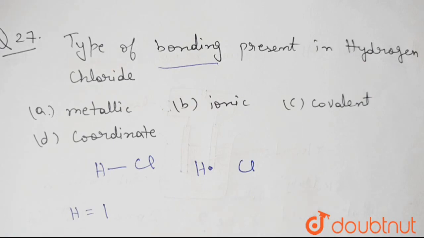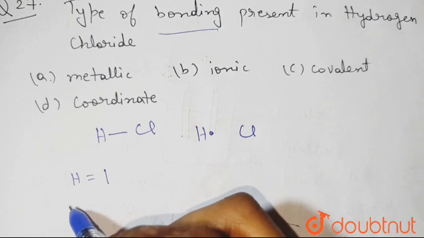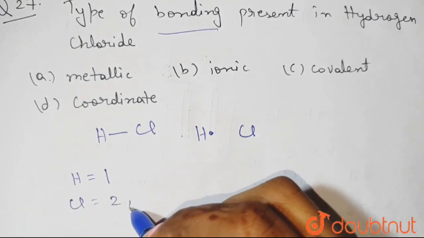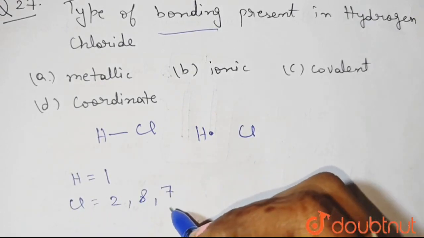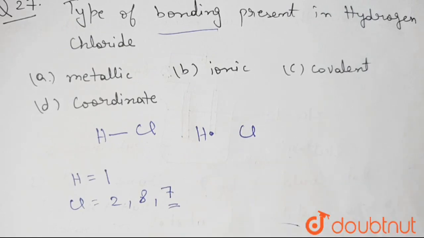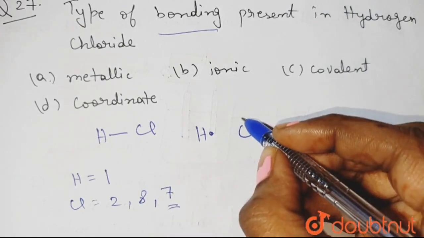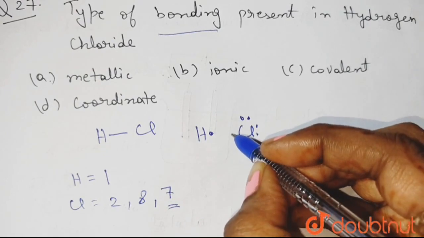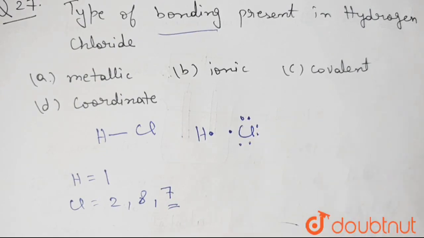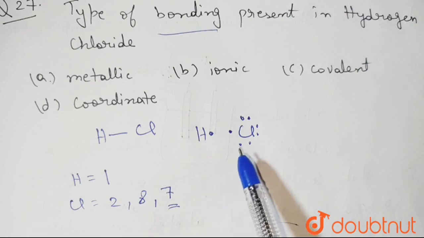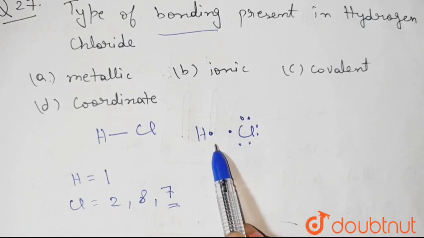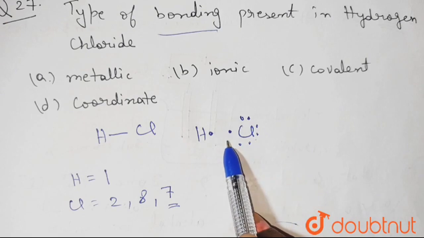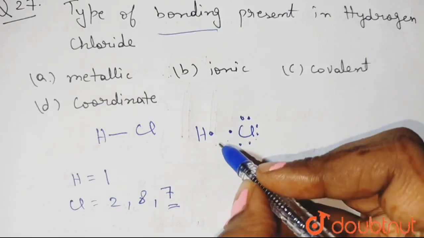But if you see chlorine, that is Cl, it is 2, 8 and 7. That means its valence shell has 7 electrons in it. So we will show it like this: 1, 2, 3, 4, 5, 6 and 7. 7 electrons. Now hydrogen shares 1 electron, Cl shares 1 electron, and thus they lead to